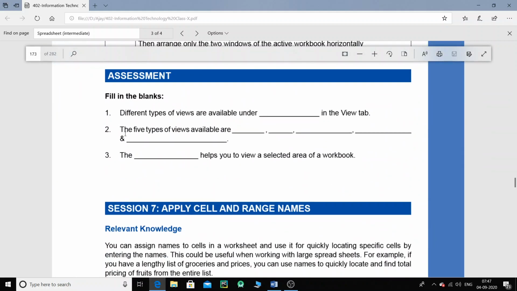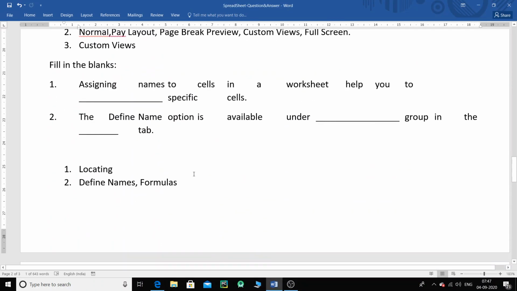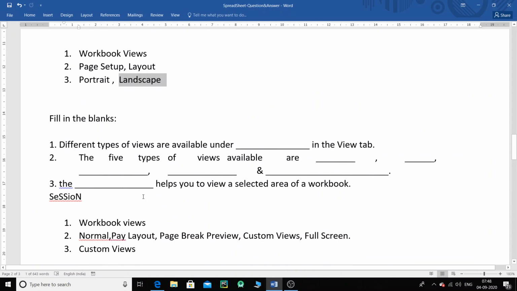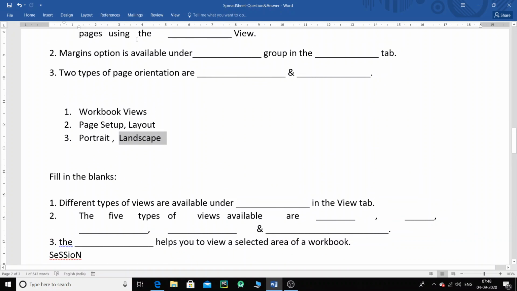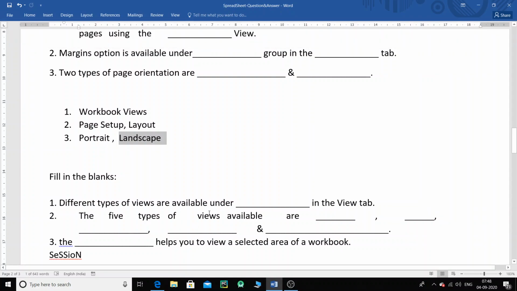So let us switch to the fill in the blanks. The different types of views are available under dash view tab, and that is the workbook views. Let me just see. Under views we have different types of views available.